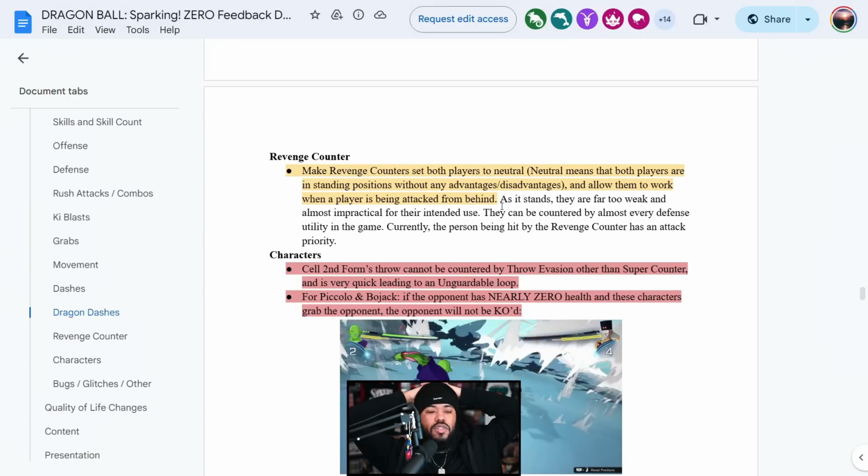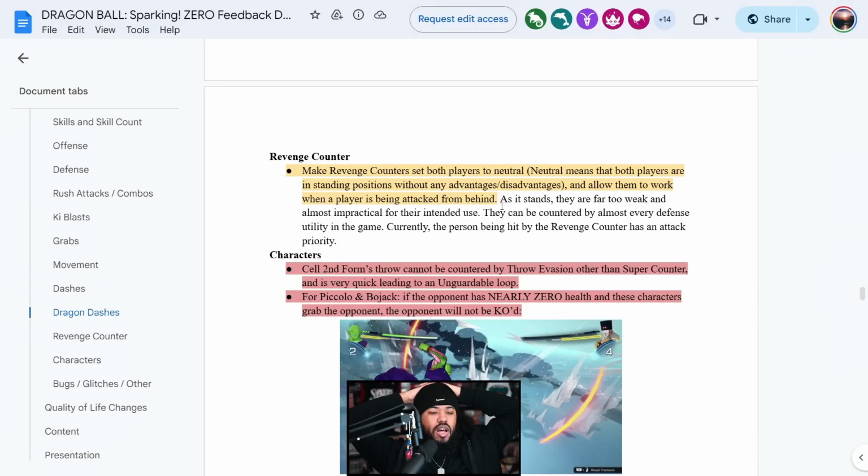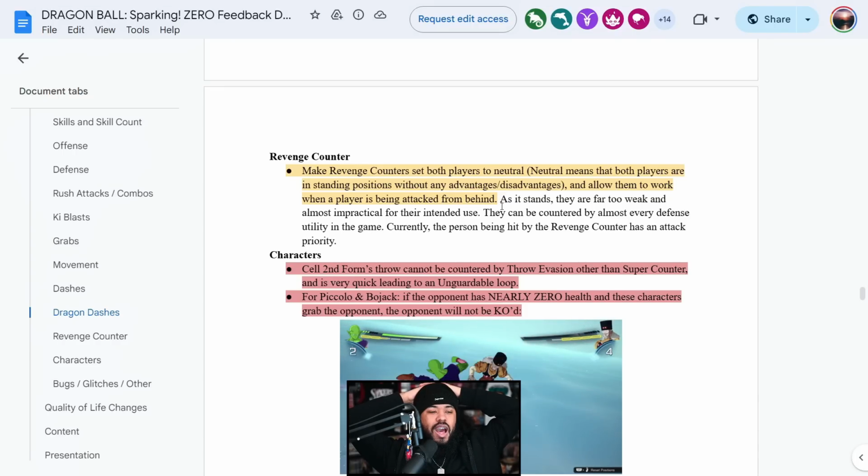Revenge counter should be buffed so that it works when somebody's behind you in order to help circumvent that. And yeah, I think revenge counters are useless for almost every way that they intended it to be used. For the most part, I think it's a very weak mechanic personally. It has its uses, but for what it's mainly supposed to be, which is a combo breaker, it's